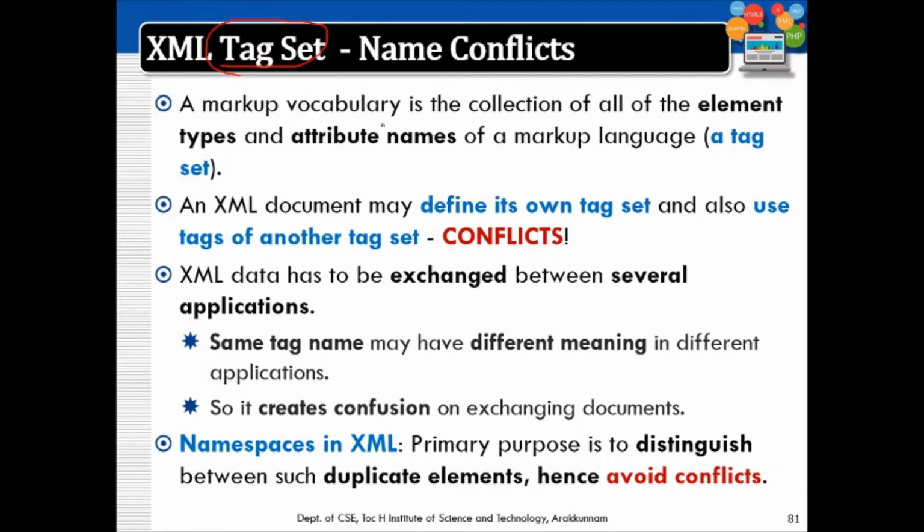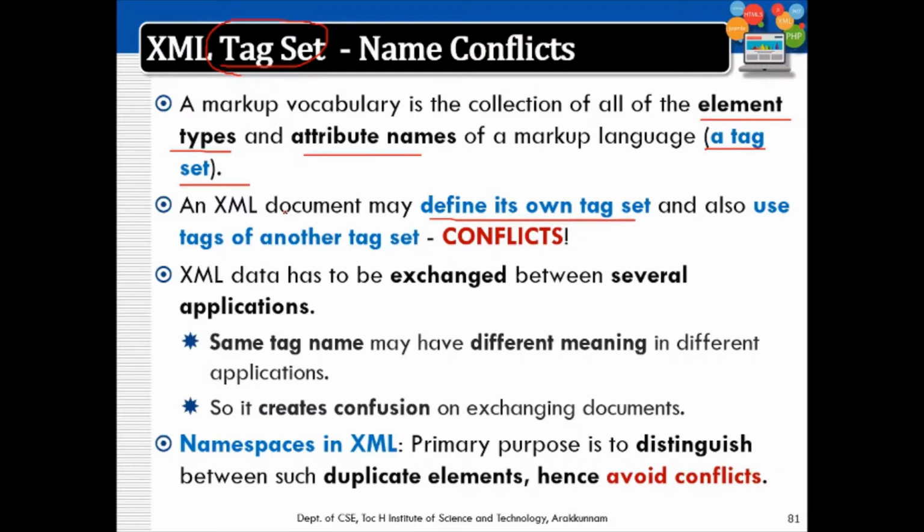We have a set of element types and attribute names that together form a tag set. So each user is free to define his own tag set. Sometimes an application will be accessing XMLs and try to combine them from two different sources.